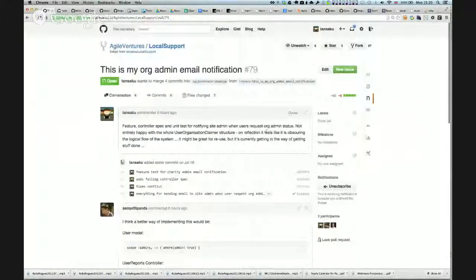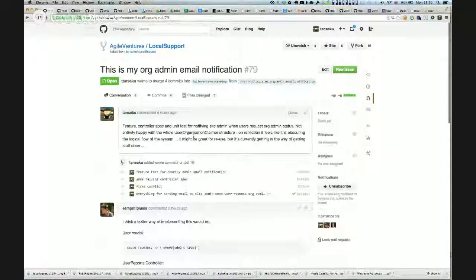I'm not wonderfully happy about the structure generally. Having not actually been able to look through this pull request yet, I don't know that I can necessarily comment sensibly on it.